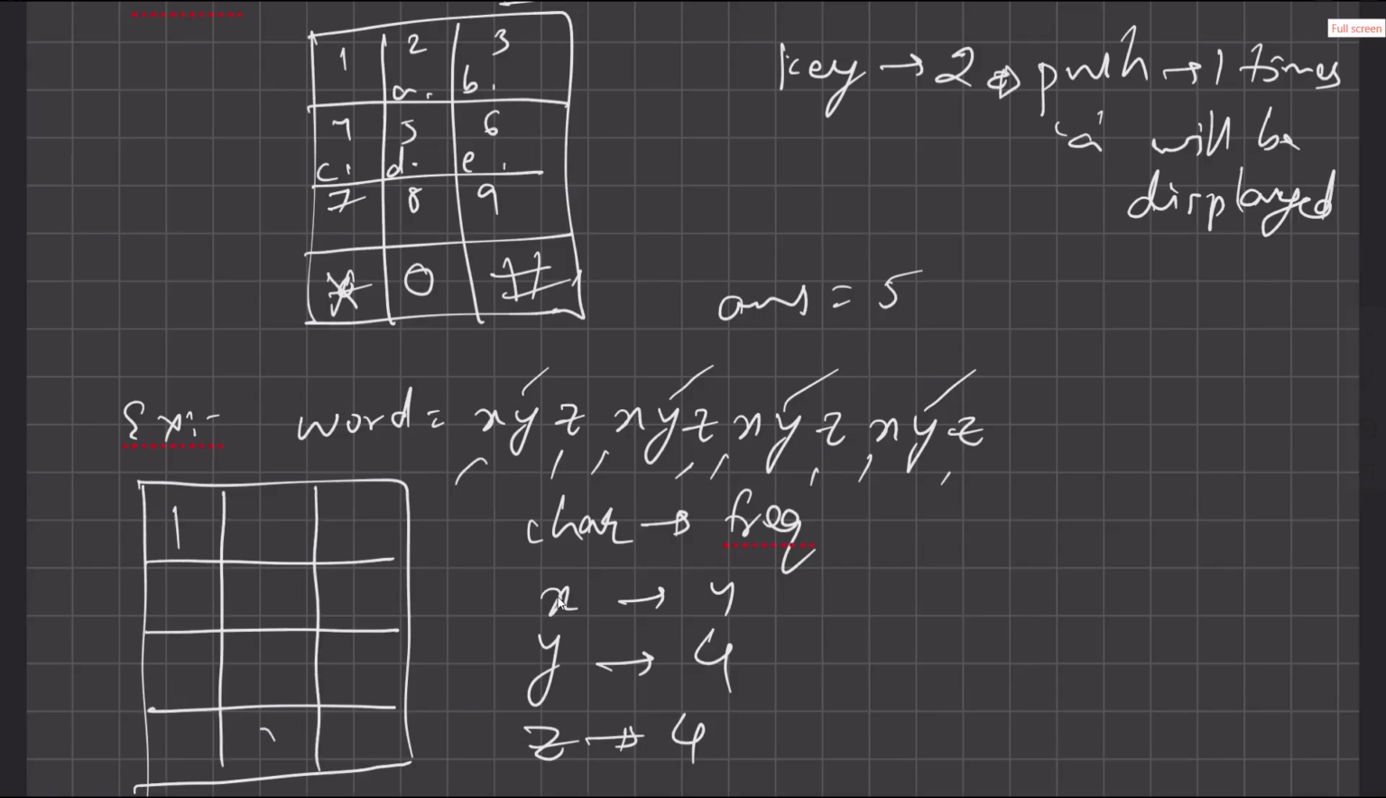So again, one we have 0, star, hash, number 2, 3, 4, 5, 6, 7, 8, 9. So we have just 3 distinct characters in this case, and their frequency is also the same, which is 4. So I'll make sure I place X here, Y here, and Z here, which means in order to display X, just one push is required. Similarly with